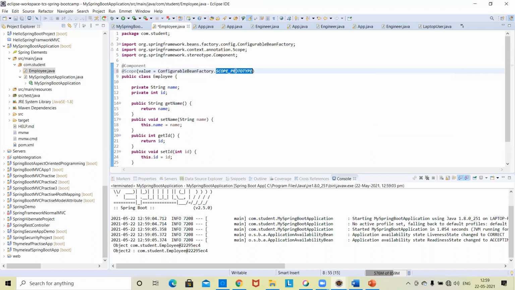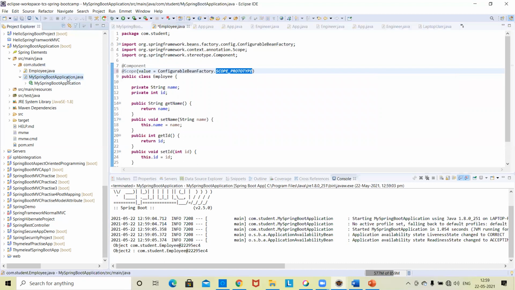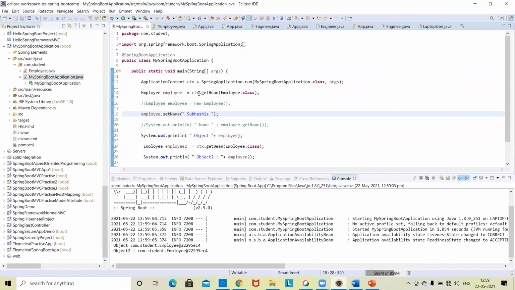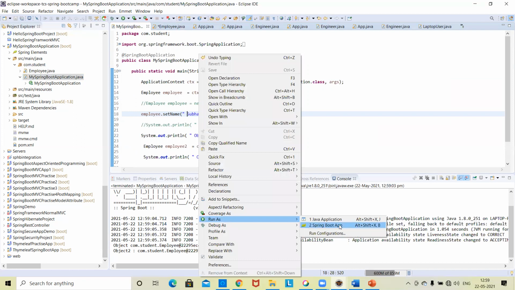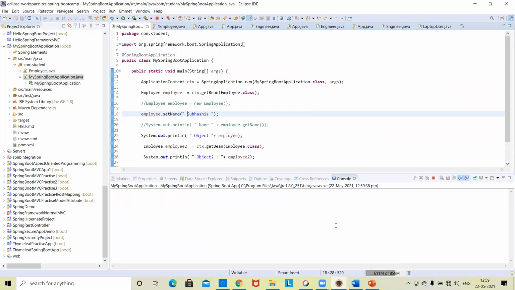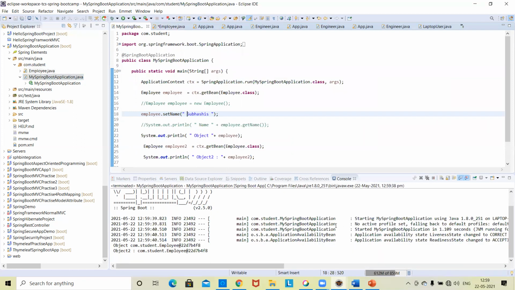Scope prototype, so it will do. Now if you run it, it is showing two different objects. One minute, I need to save it.